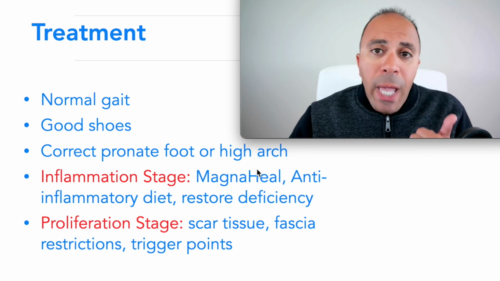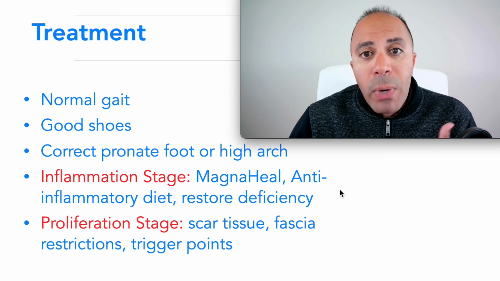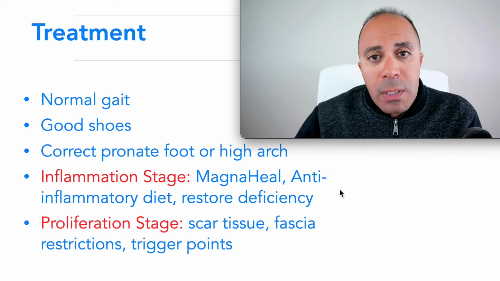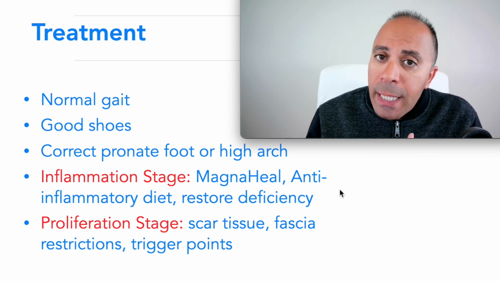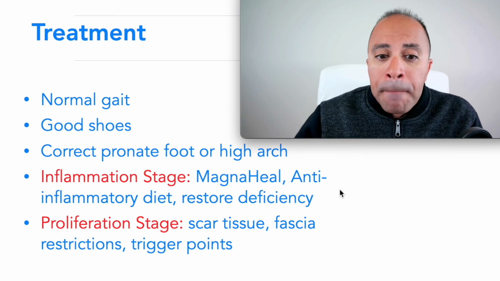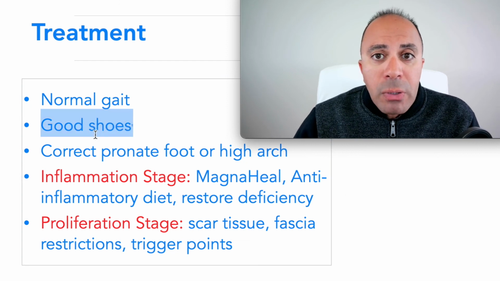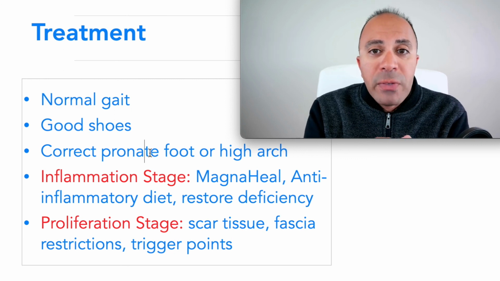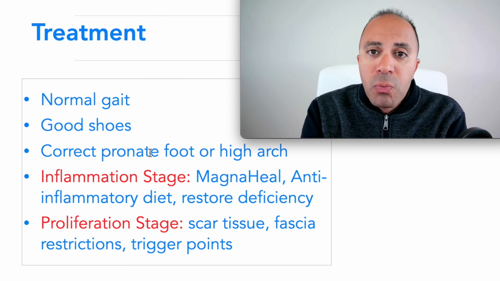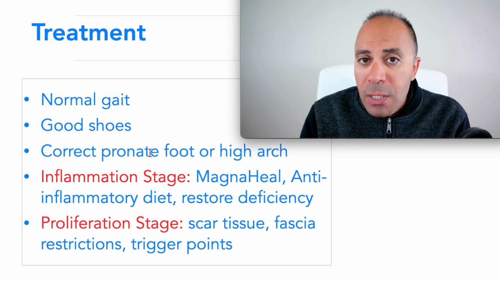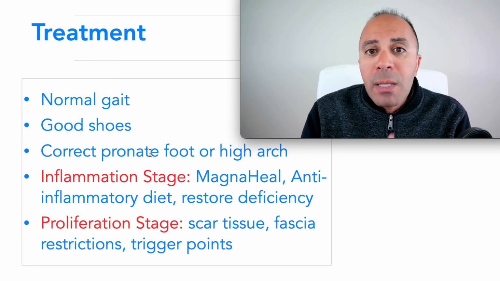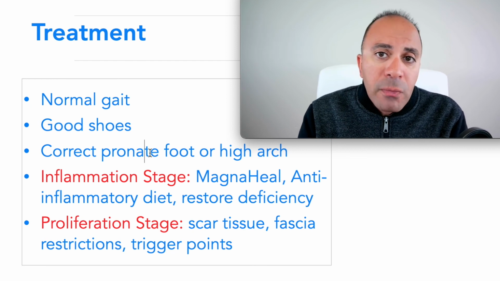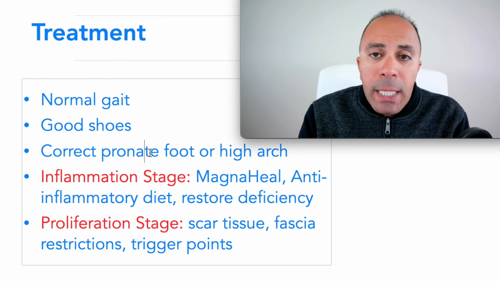While we're doing that, we have to correct your gait, the way you're walking. You have to wear proper, supportive shoes. So I would avoid any high heels or unsupportive shoes. And I have videos on how to choose the right shoes. The other thing we have to correct is your arch. If you have excessive pronation or supination, we need to correct that, because that's one of the risk factors. And correct the way you walk. We usually like heel-toe walking, and I have another video on how to walk properly